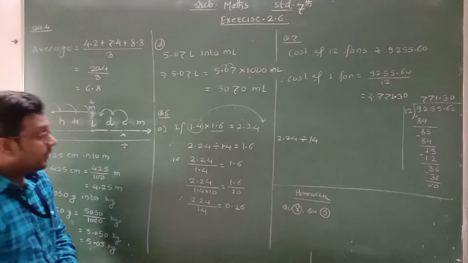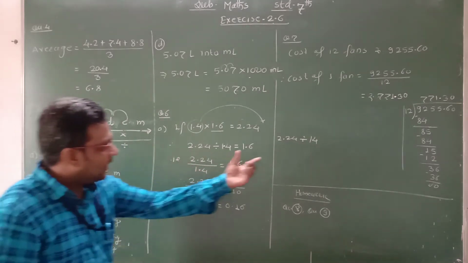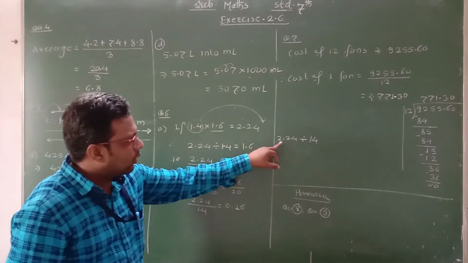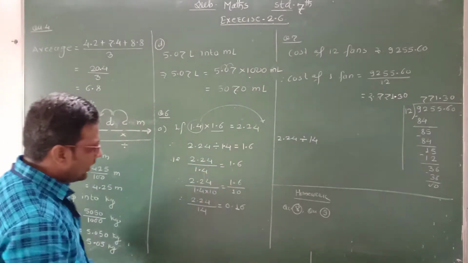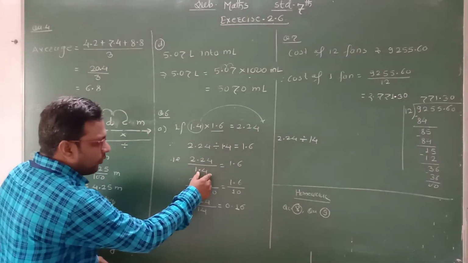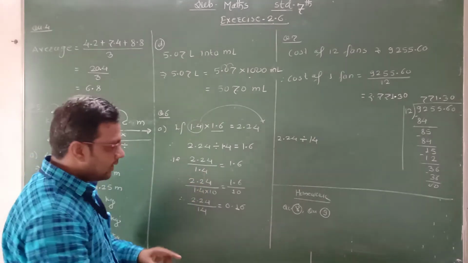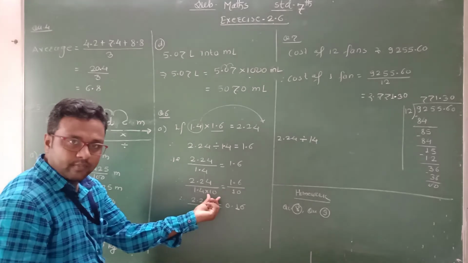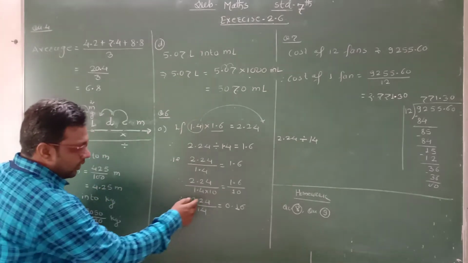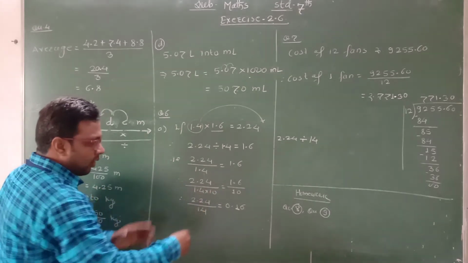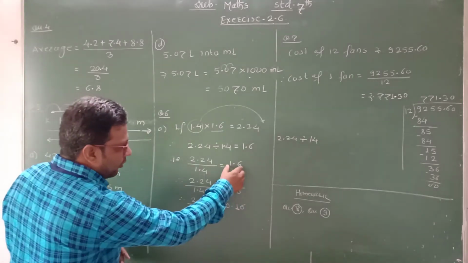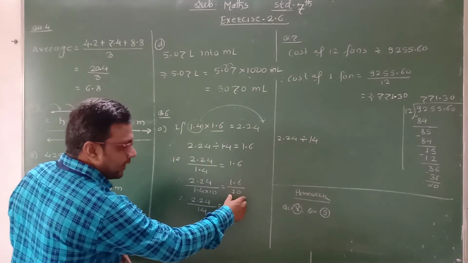Okay, as it is. But in this question the divisor is 14, not 1.4. The numerator 2.24 is as it is. Therefore, here we have to write 1.4 as 14. Therefore, we have to multiply 1.4 by 10. Okay. Then on the left-hand side, the same method you have to do on the right-hand side. Therefore, 1.6 here we divide by 10.